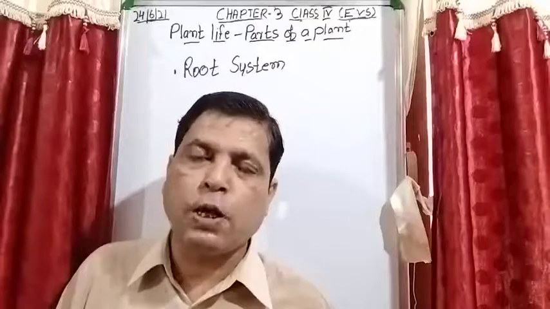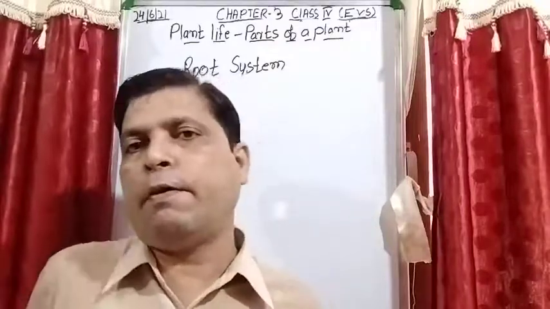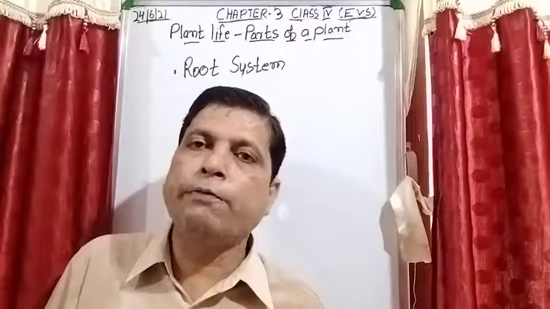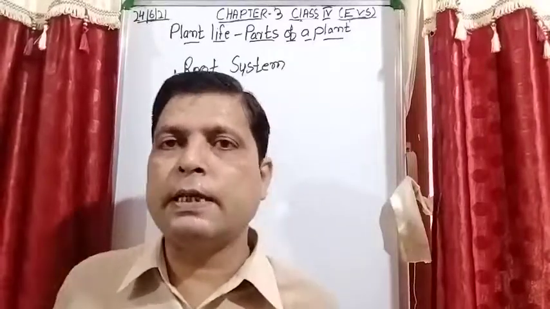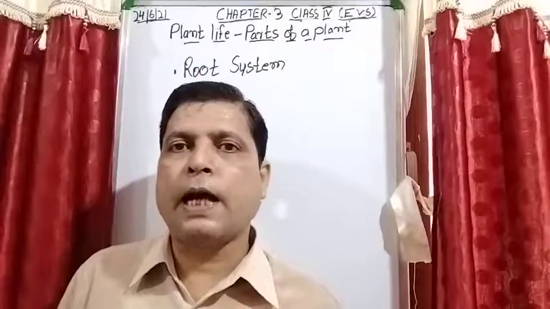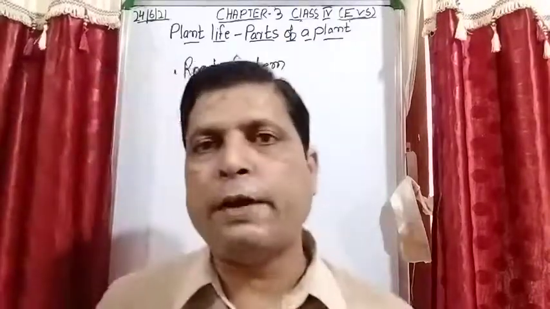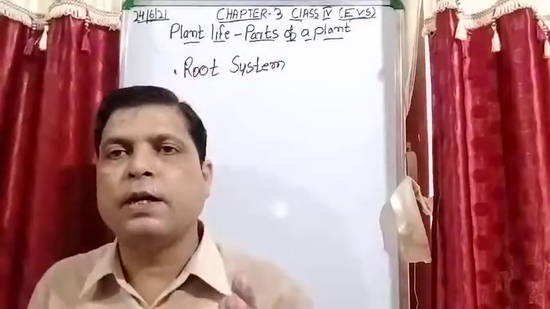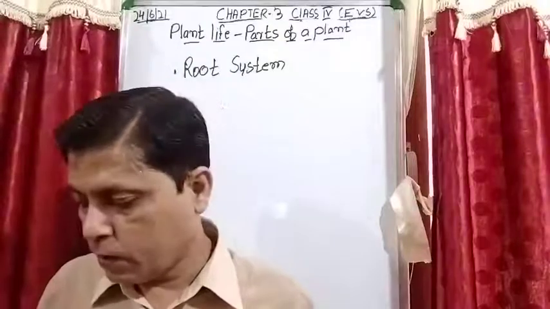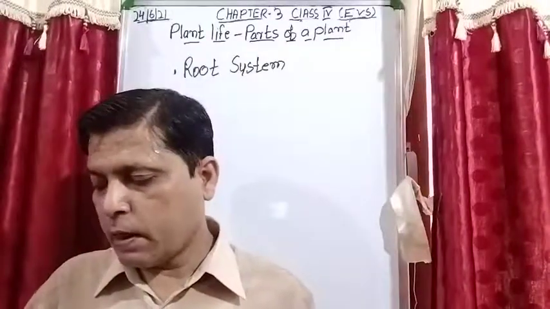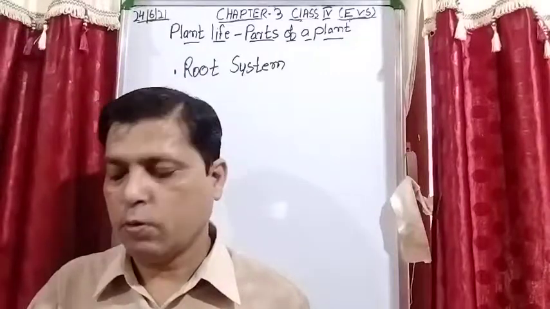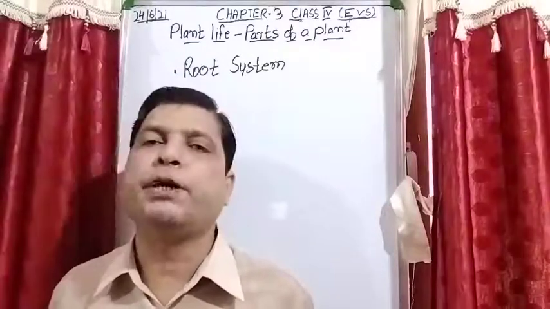How do they reproduce? Because inside the fruit, what is there? Seeds are there, and we know that from these seeds new plants come. Okay, so seeds are present inside the fruit, and new plants are produced from the seeds. Next, fruit protects the seed. Is it clear? Seed contains a baby plant.